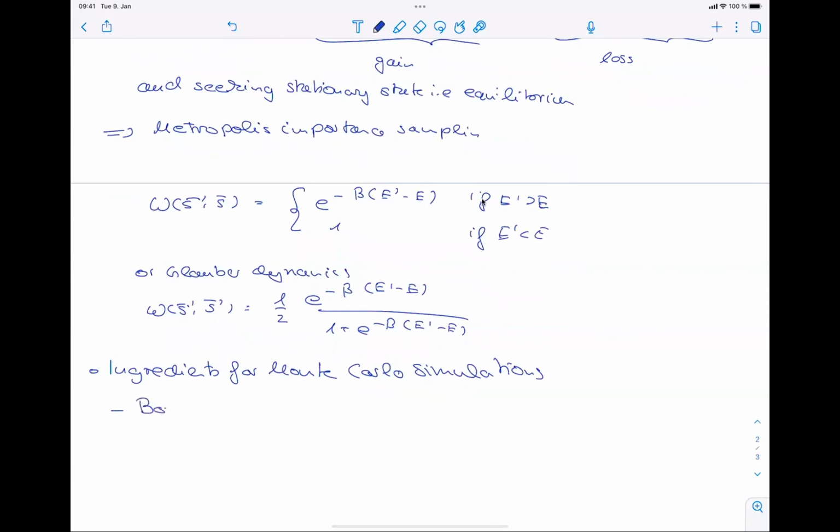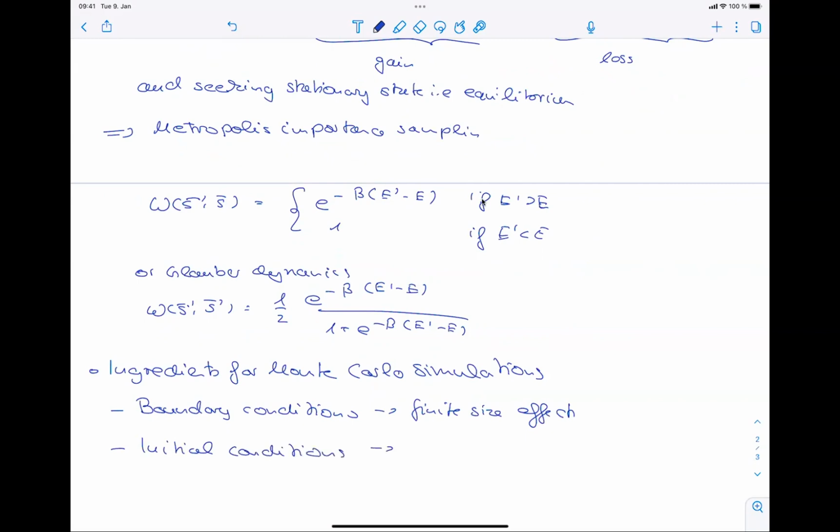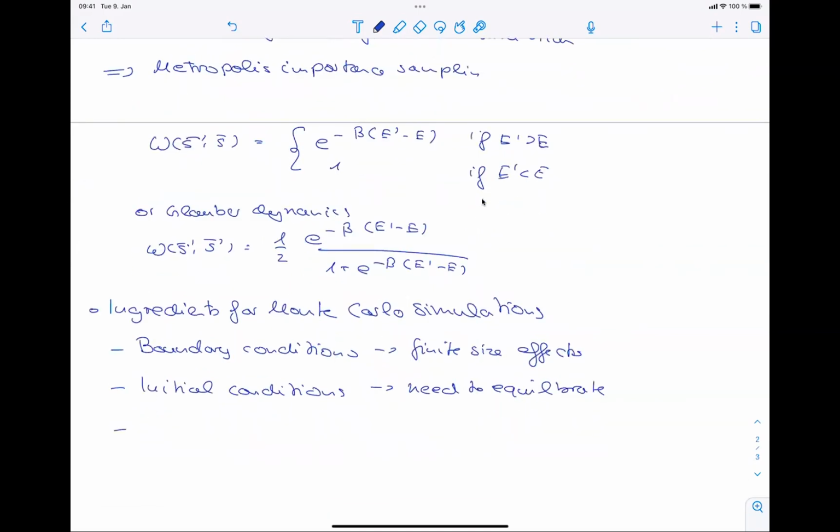And touched the issue of boundary conditions, where we have to be aware of the potential to have finite size effects. We looked into the concept of the initial condition, how this impacts our result, and found the need to equilibrate, and notably discussed the concept of independent samples,